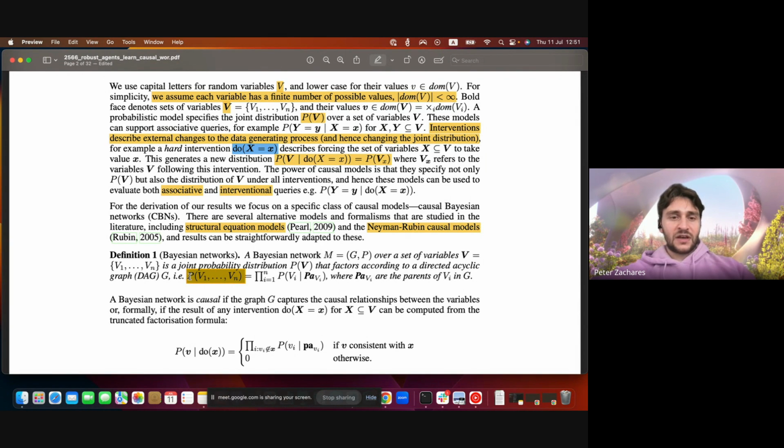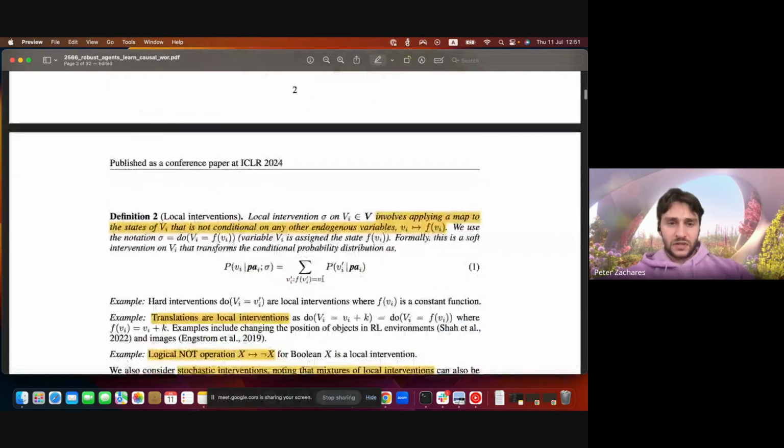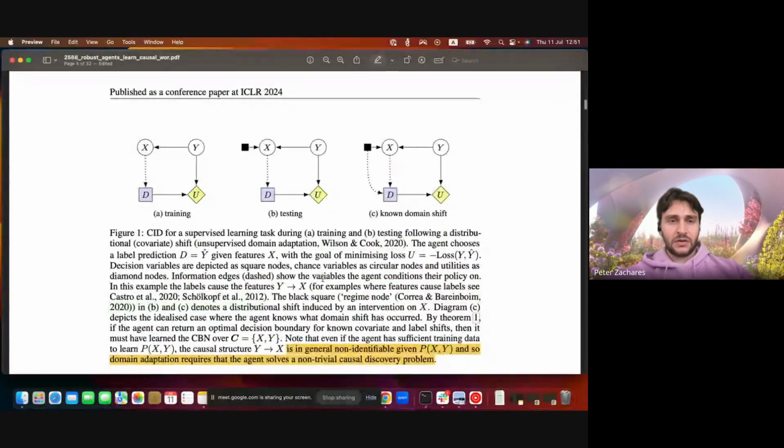The graph itself describes the parents of each variable, such that the joint distribution, using the chain rule, can be described using this notation here. This is a lot of notation to take in at once, but basically, if we want to calculate this joint distribution, we take V1 and we condition it on its parents. I think the best way to understand that is to look here.